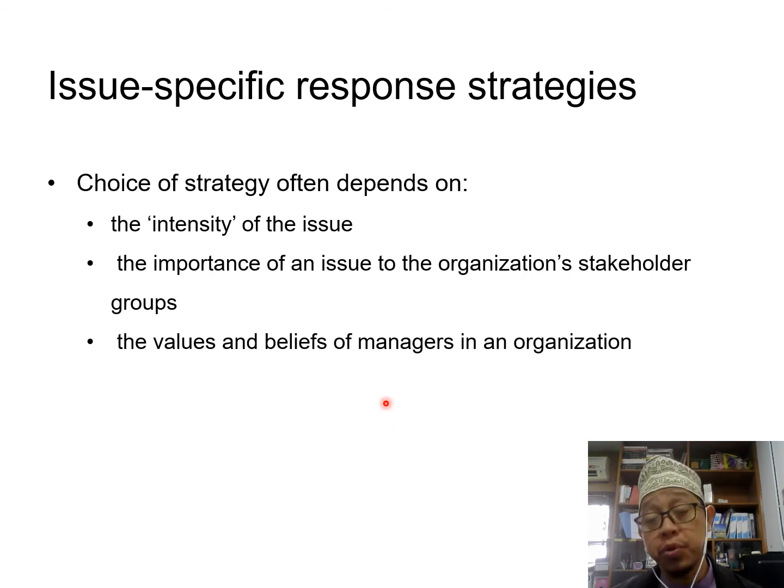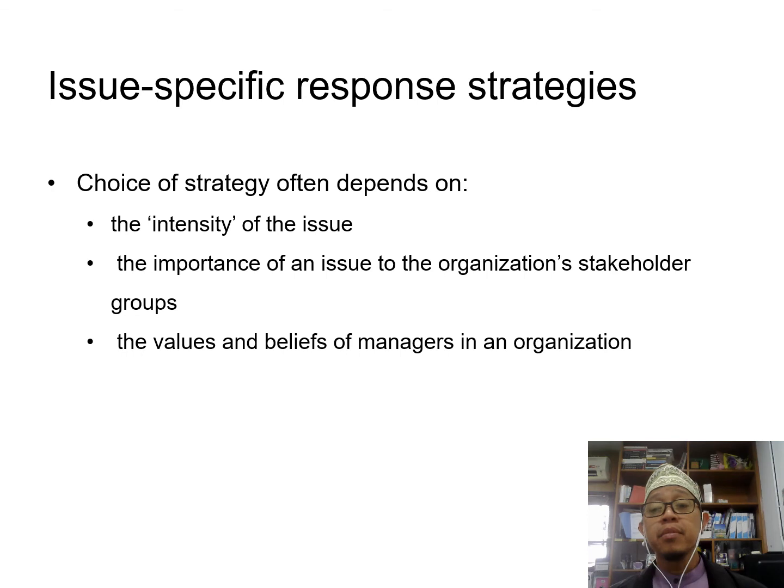If you believe that you have to tackle the issue fast, then you should use the bridging strategy. If you think that the issue doesn't seem to be very big and doesn't lead to a very serious situation, then you can use the buffering strategy, and you might divert the attention of other people to something else, and at that time you might find something else to overcome or remedy the situation and so forth.